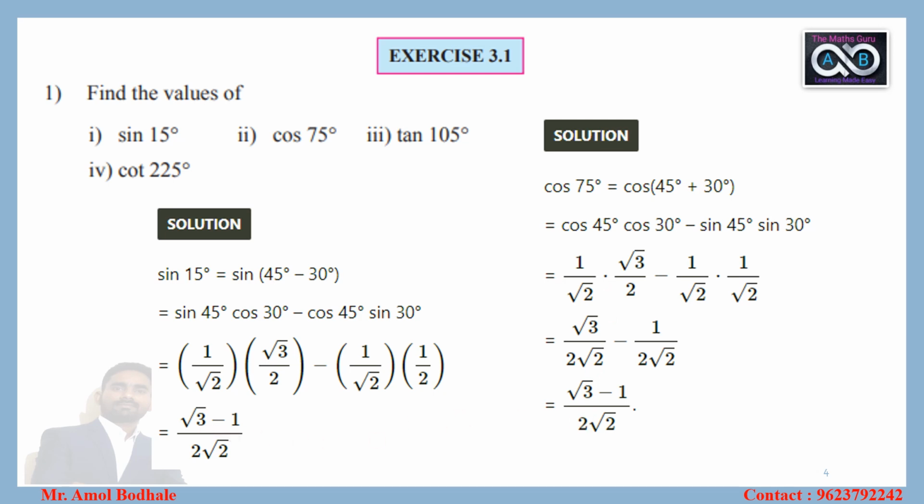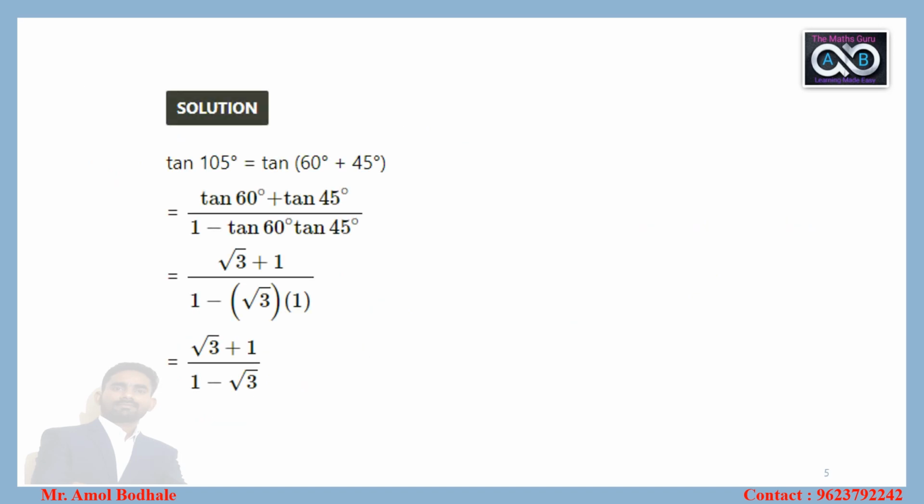Let's see some more examples. The next example is tan of 105 degree. Here we can write 105 degree as 60 degree plus 45 degree. If you think about an alternative arrangement, I can write it as tan of 90 plus 15. But for 15 degree we don't have the values available, that is sine 15 and cos 15, tan 15. Once we already know sine 15 and cos 15, then we can use the value of tan 15, but it is a little complicated. So instead of that, we can simply write 60 plus 45, because we know tan 60 as well as tan 45.